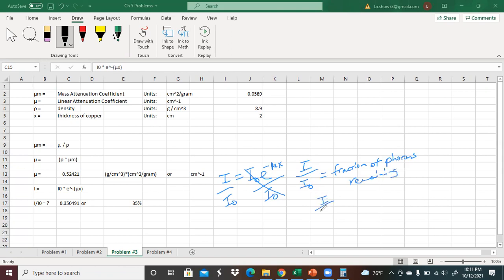This is also going to be equal to this. Now, I don't know what this is, but once I solve this, because I know this and this, I can figure it out. So this is going to be equal to this times, what is it, 0.52421